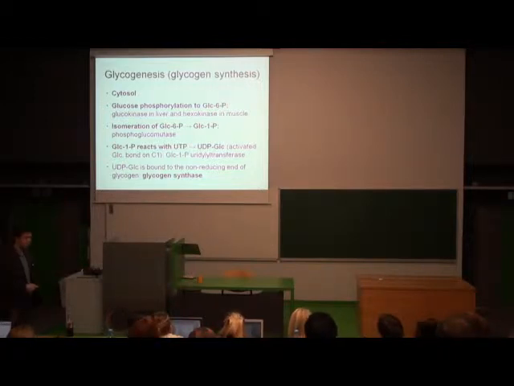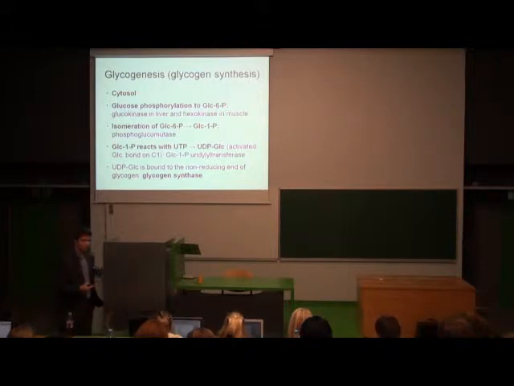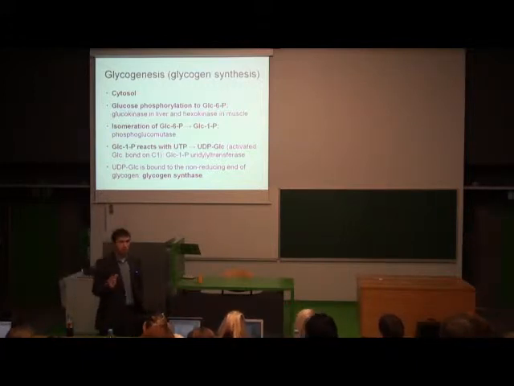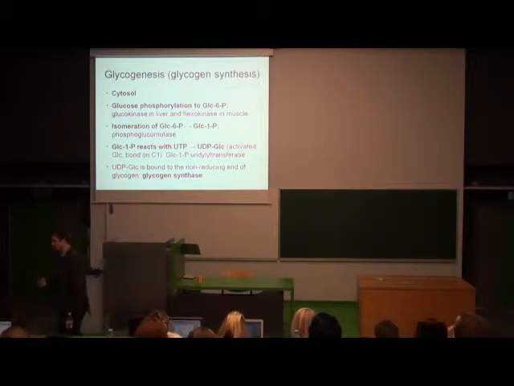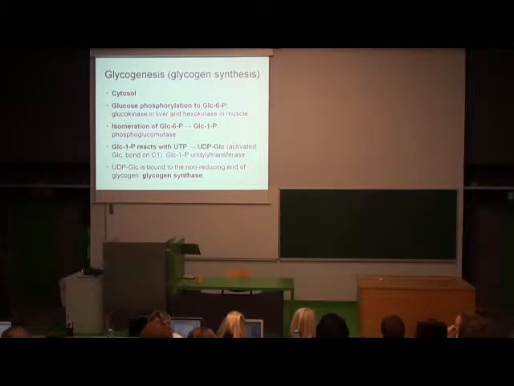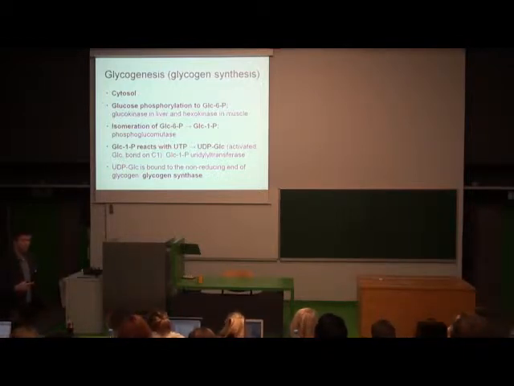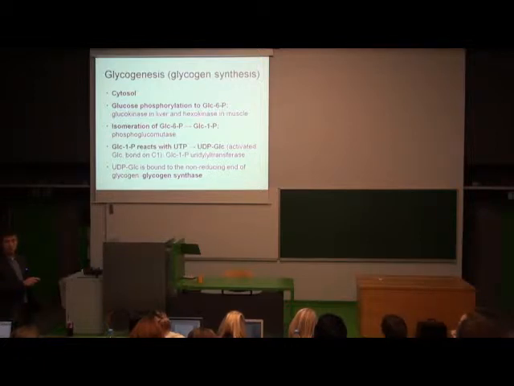The third reaction, for you know that neither glucose 1-phosphate nor glucose 6-phosphate are macroergic compounds. Yes, the bond glucose to phosphate, that's the ester bond, and it's not macroergic. And for the synthesis of glycogen, you need to have the activated glucose. Yes, with the macroergic bond. Therefore, glucose 1-phosphate has to react with some macroergic compound. And here it is UTP. What does it mean, UTP? What is it?